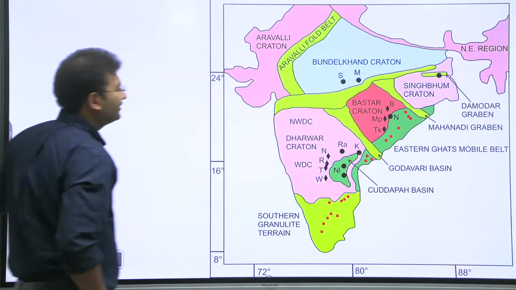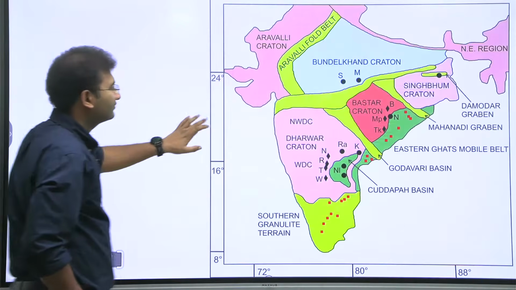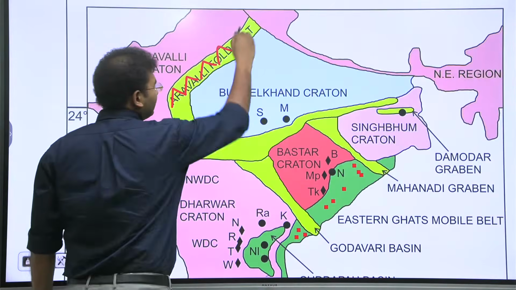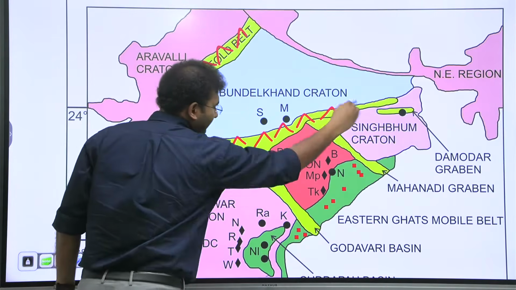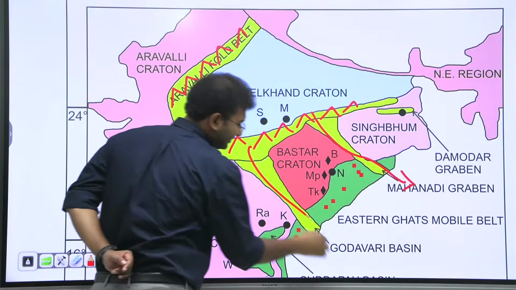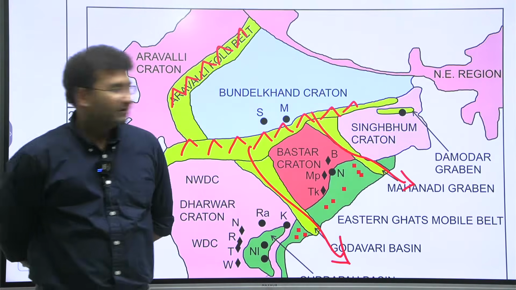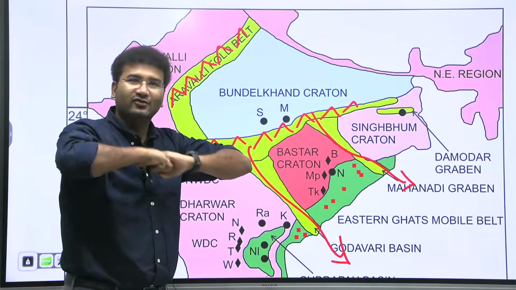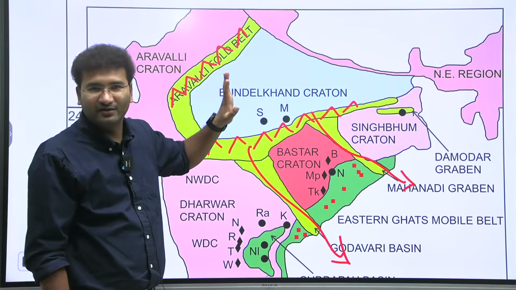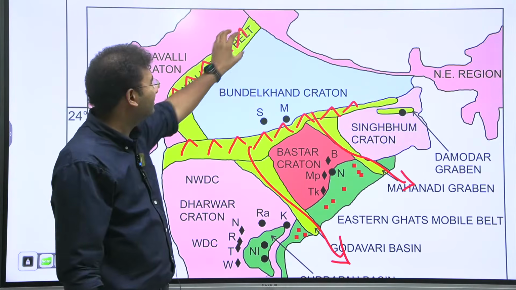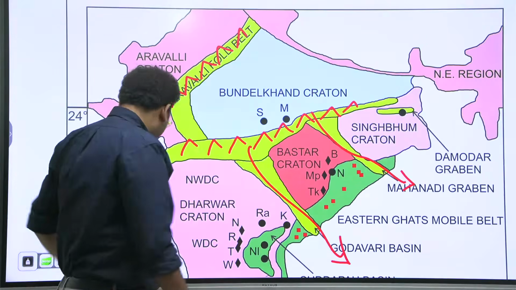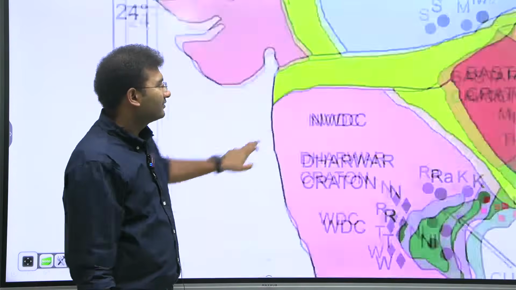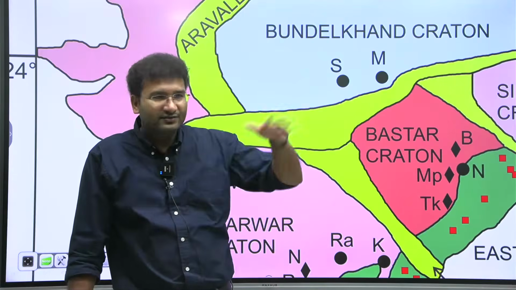So to make it a little easier for you, see here. Your Aravallis are present here, and these are your Satpuras. Okay? And this is your Mahanadi river, this is your Godavari river. Right? So basically, the collision of your Aravalli craton and Bundelkhand craton made the Aravallis, right? That means your original landmass is actually these cratons. Now above these cratons, you can see like this. Just a minute. See here. I hope you understood what a craton is. A craton is a collection of shield and platform.